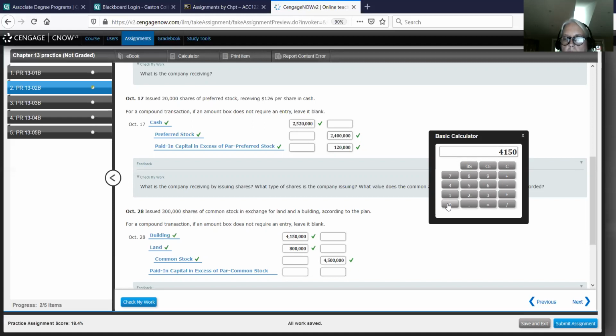So I'm going to start with $4,150,000. That was the building's fair market value. I'm going to add to that the land's fair market value of $800,000. And then I'm going to subtract out my credit of $4,500,000. And that will leave me with